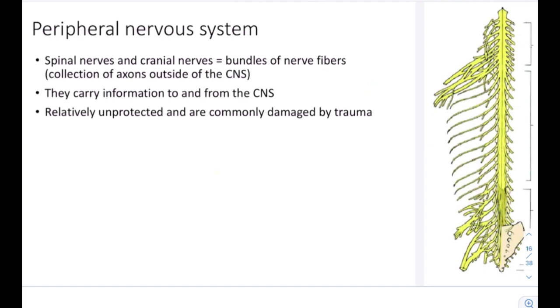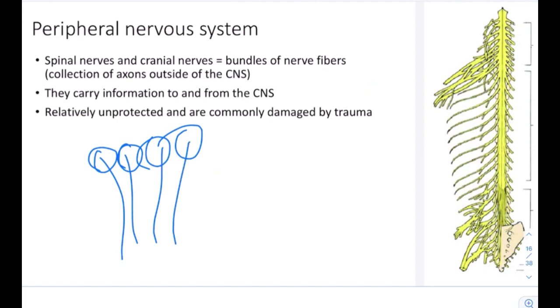Okay, let's now talk about the peripheral nervous system. The peripheral nervous system consists of the spinal and the cranial nerves. They're basically bundles of nerve fibers. They're a collection of axons outside of the CNS. So let's say these are the neuron cell bodies, and they're going to give off axons. Whenever these myelinated axons are in the CNS, we call them